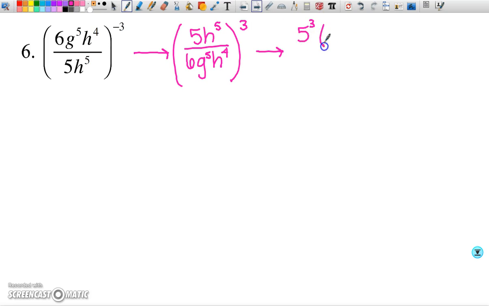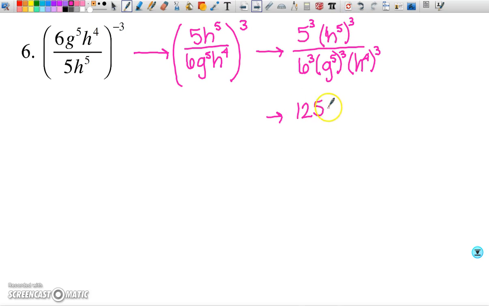So 5 cubed times h to the 5th cubed over 6 cubed times g to the 5th cubed times h to the 4th cubed. So what I get here then is 125, and h to the 5th raised to another power means you multiply the exponent, so h to the 15th, over 216, again multiply the exponent, so g to the 15th, and then